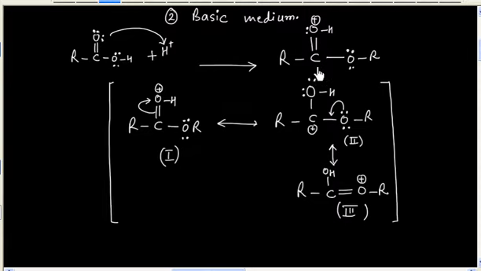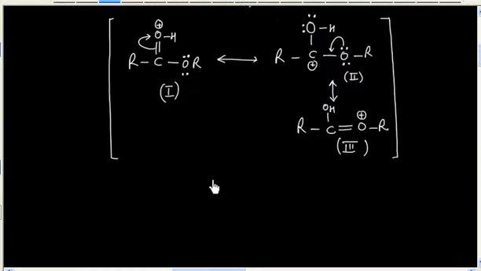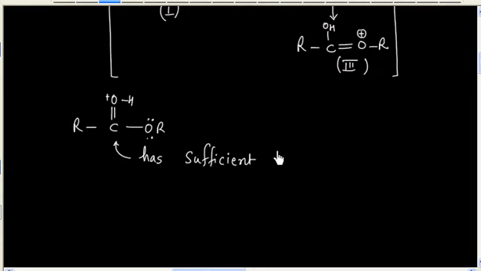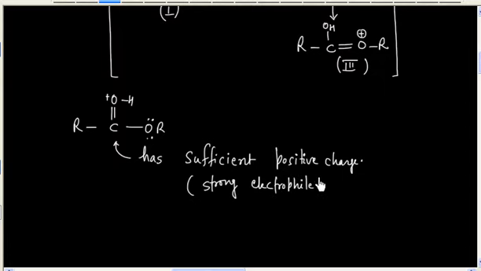This means carbonylic carbon has a sufficient positive charge. So in the protonated form of ester, this carbon has sufficient positive charge. This means it will act as a strong electrophile. So in the next step,